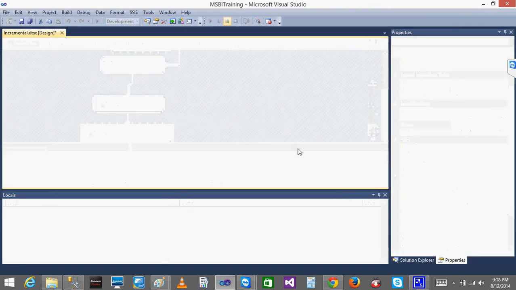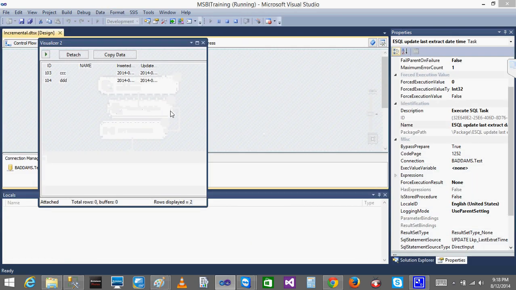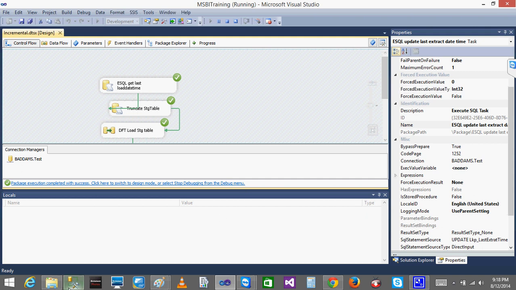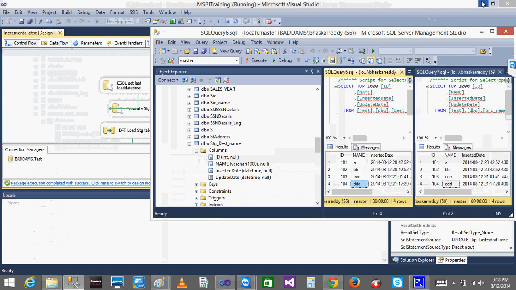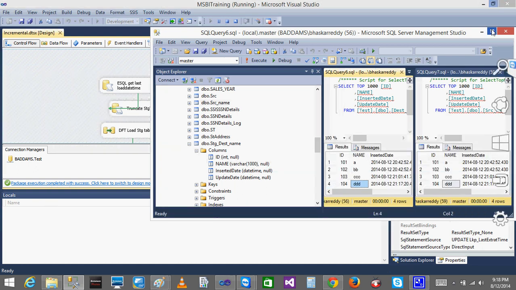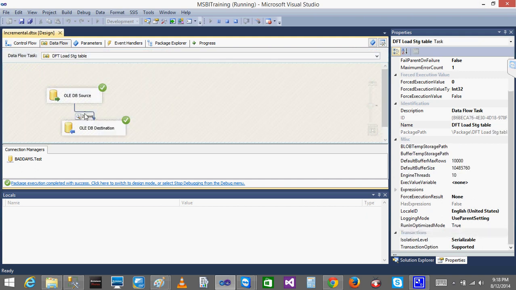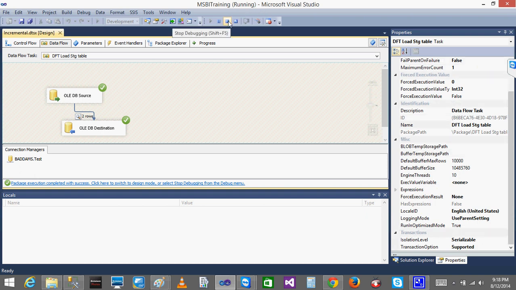So just stop it. Now I rerun the package again. So now you will be getting 2 records in the data flow task. See here, this record and this record. I'll just close this here. Now see, when I go to the data flow task and when I execute the destination name, automatically the CC should become CCC. See, DD. That's it. And here, how many records you got from this one? When I see the data flow task, you just got only 2 records. Instead of getting all the 4 records, you just got 2 records which need to be inserted and updated.